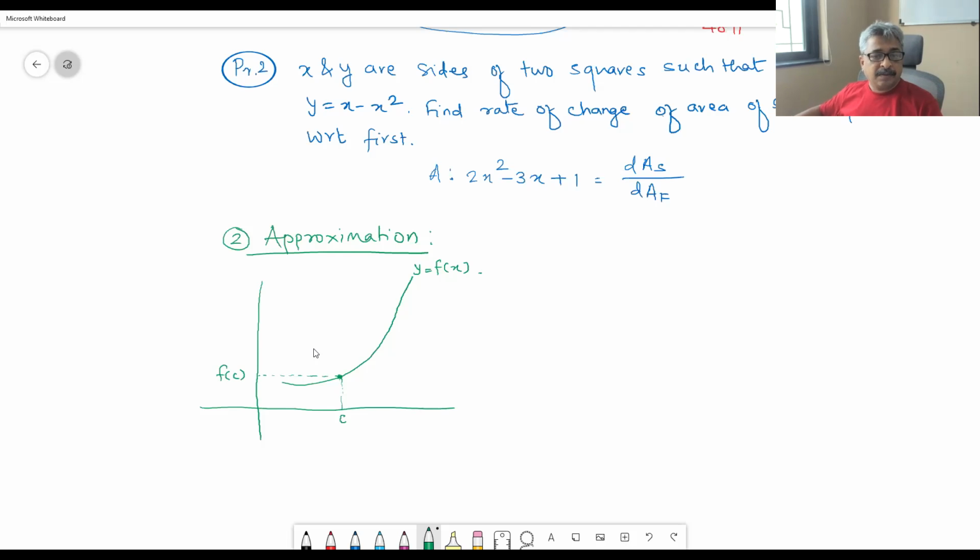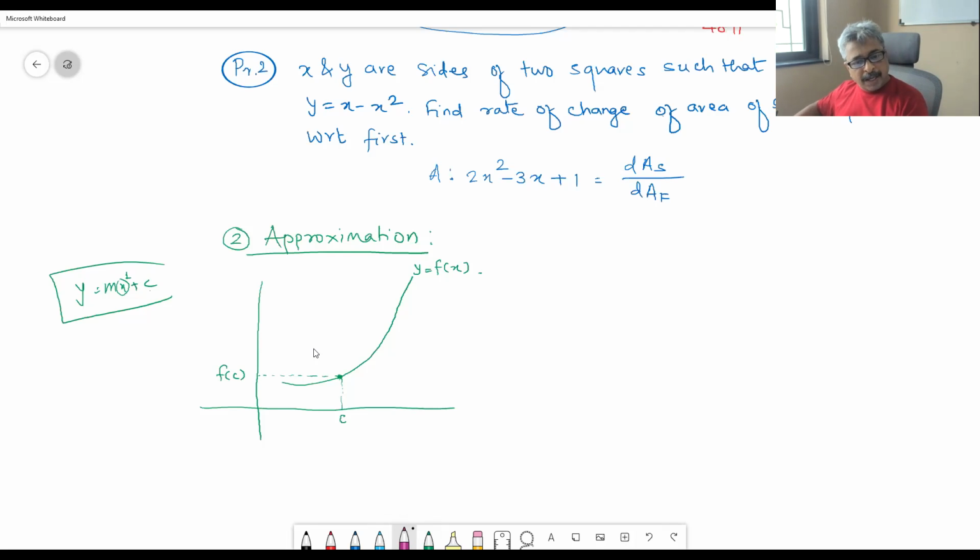We are interested in considering this function locally as a straight line, because straight line is y is equal to mx plus c, and it's a linear equation which is very easy to deal with. Power of x is 1, constant. Okay, and therefore the question is, which straight line should I use which can approximate this curve locally in the delta neighborhood of C? If you are in the vicinity of C, which straight line we should consider as a best approximation?